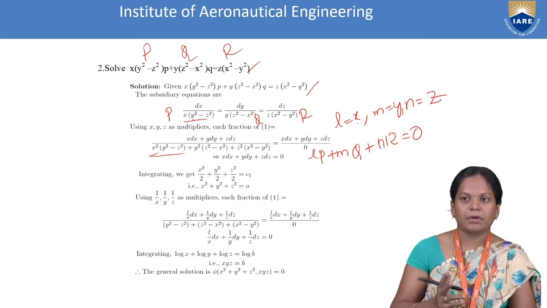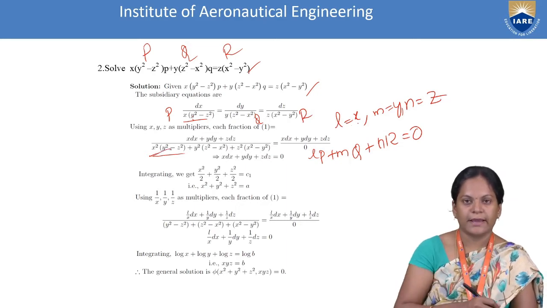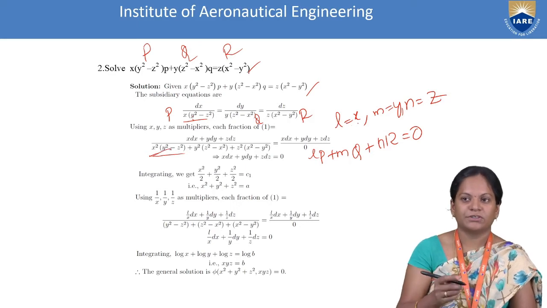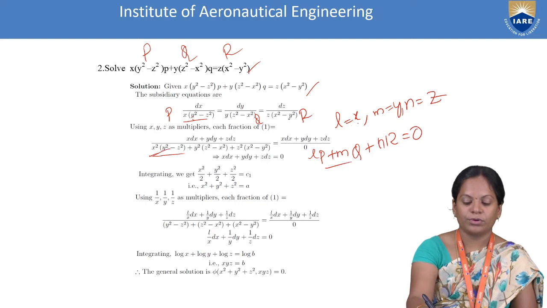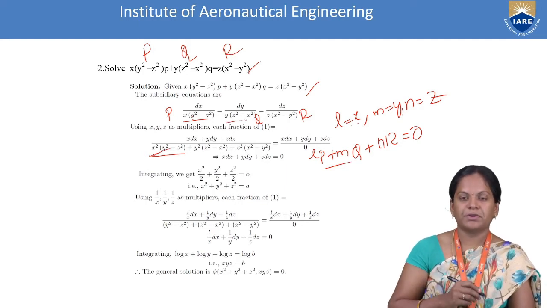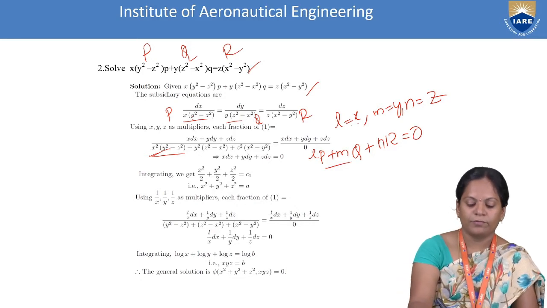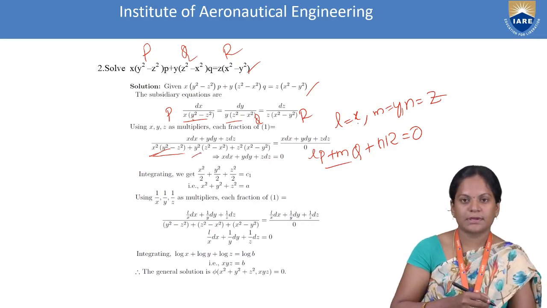If we take L, the first condition is x square into something. Second condition, plus M into Q, M is y, so y into Q. What about Q here? Y into z square minus x square. Y into y becomes y square into z square minus x square, plus